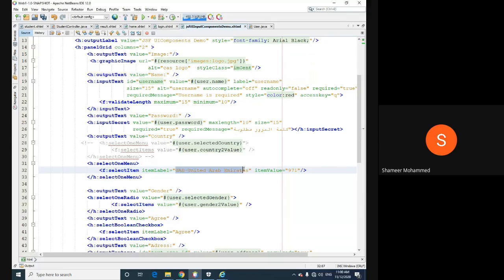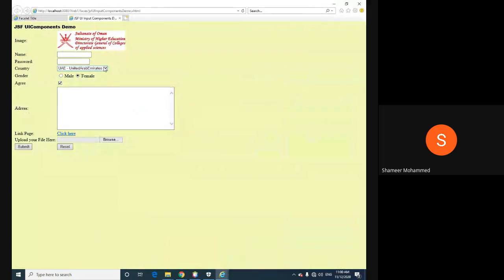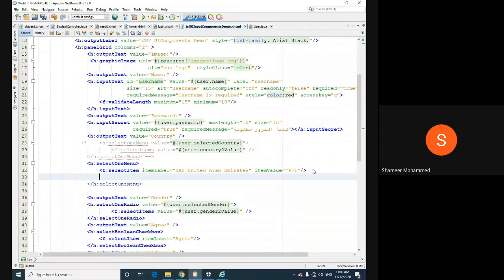So this is the label. The label will be displayed here outside, but inside, if you want to access this, you can get it in the bean. This is the associated value. So like this, I will copy, paste here, Oman. Here I can say I will create a 3 character symbol. What is the value for it? 968. Similarly, you have